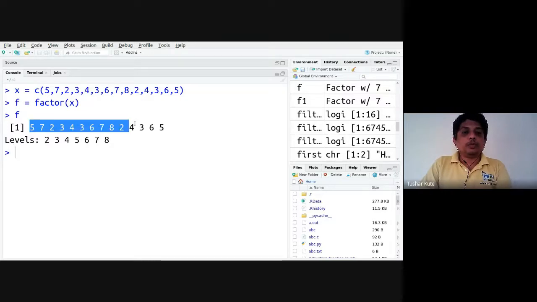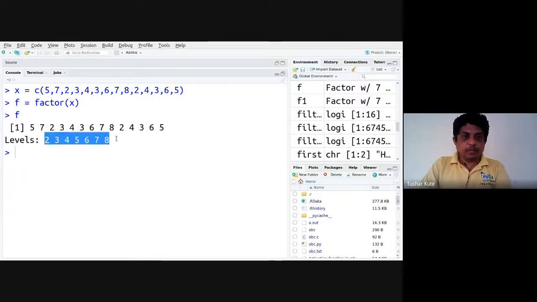So these are the values present in it, and it contains some labels. Labels mean the values that are uniquely present inside are stored in the labels there. 2, 3, 4, 5, 6, 7, and 8. They are repeated, but distinct, unique values are there, which is called the factor, the fifth data structure present in that.